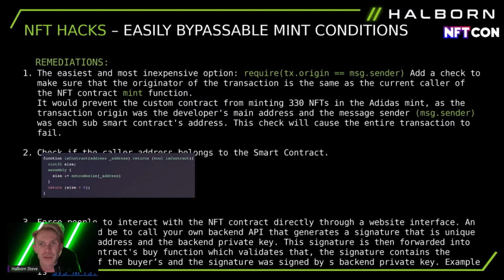We'll see some of the remediations for it. So this can be considered an easily bypassable mint condition. And it is an expensive option, but there are ways to do it. You can first check if the caller address, the person saying, hey, I want to mint this NFT, is a smart contract or a human. So you can check if the caller address belongs to a smart contract or a human. That's the way that Ethereum works. At least, you can look at the transaction origin for this too, and you can also have a way to